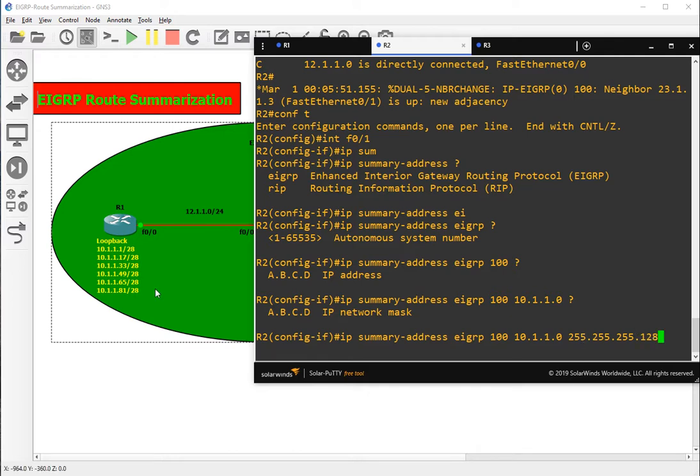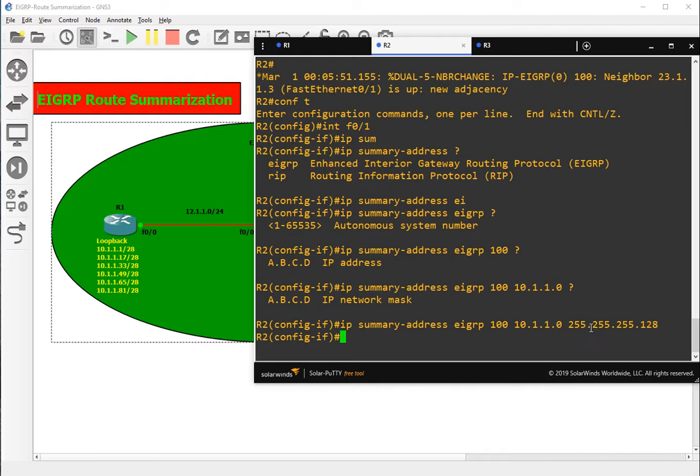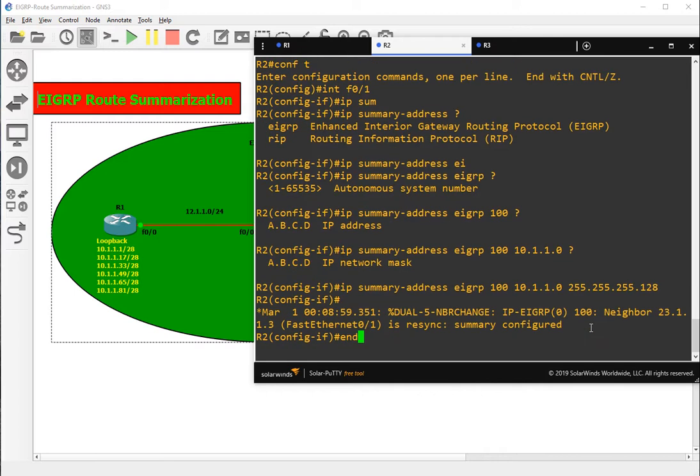This will be the summary mask, because if we calculate the summarization, we include only those bits that are the same. So only the first bit will be on, rest all will be off. So this will be the summary address, and hit enter, and we got the message that neighbor 23.1.1.3 is resync: summary configured.